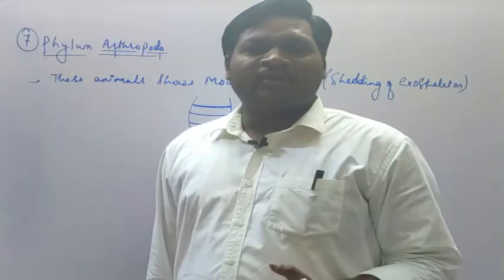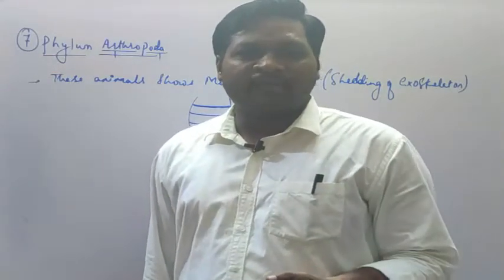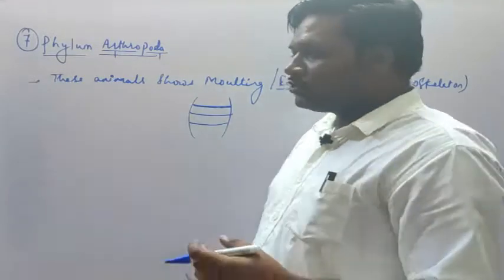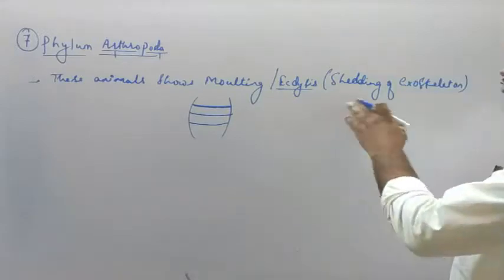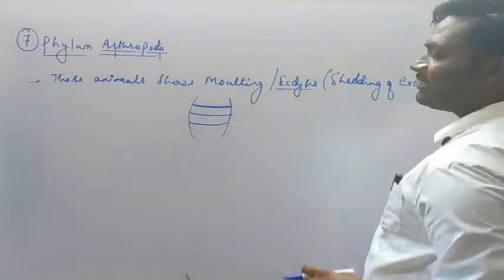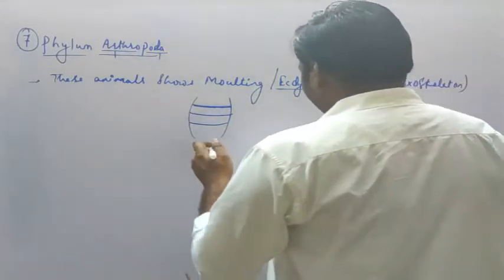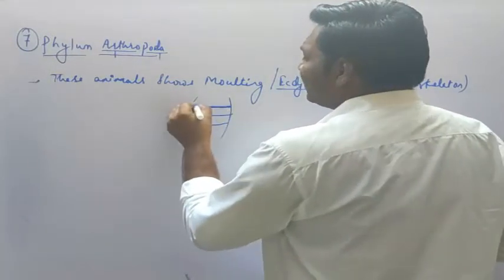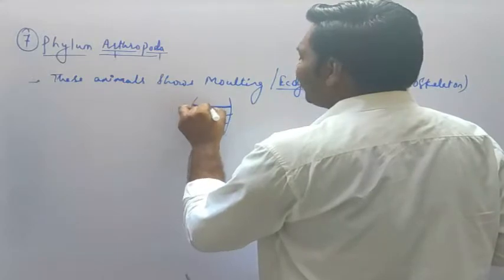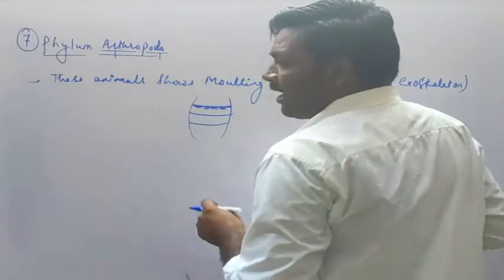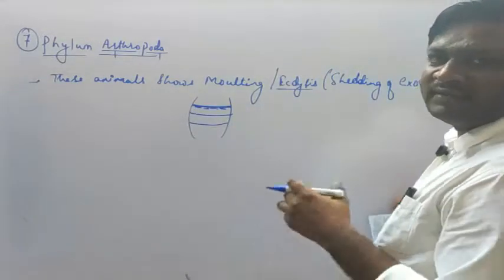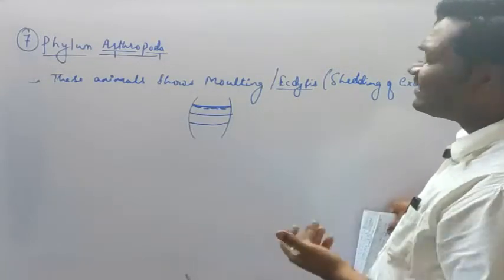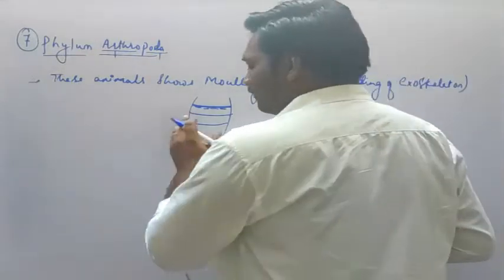A similar kind of property is seen in snakes. In Marathi we call it kaak sodne, right. So when it removes the skin, that is called shedding. So here it is ecdysis. At the time of ecdysis, there will be deposition of the nitrogenous waste in this part, and this part will be removed along with the exoskeleton. That is how shedding or ecdysis takes place in arthropods.